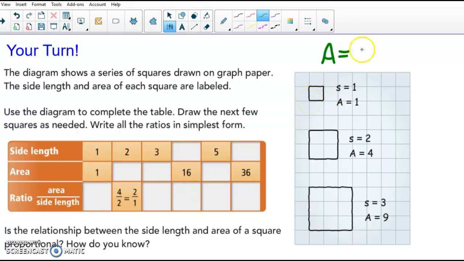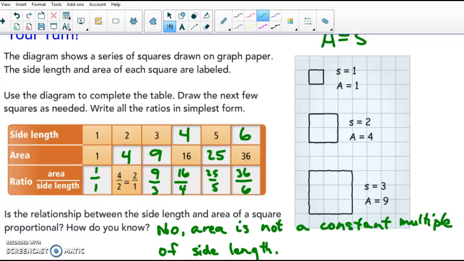So a lot of times we will say the formula for the area of a square is side squared because all the sides are the same. So pause the video and take a second to fill out this table and then check your work. As you filled out that table, hopefully you found that the relationship between the side length and the area of a square is not proportional because the area is not a constant multiple of the side